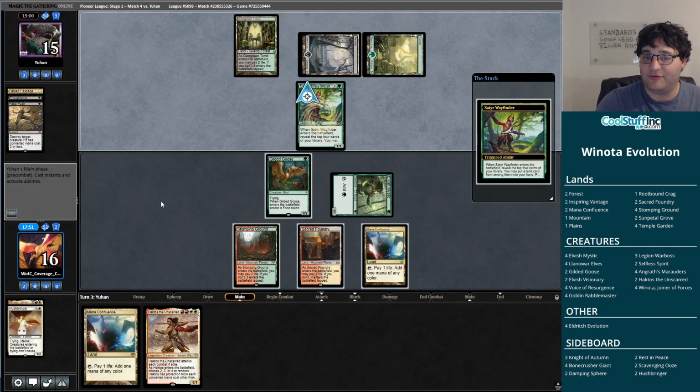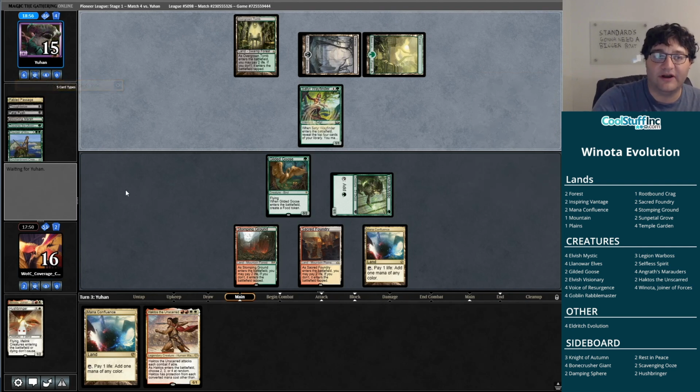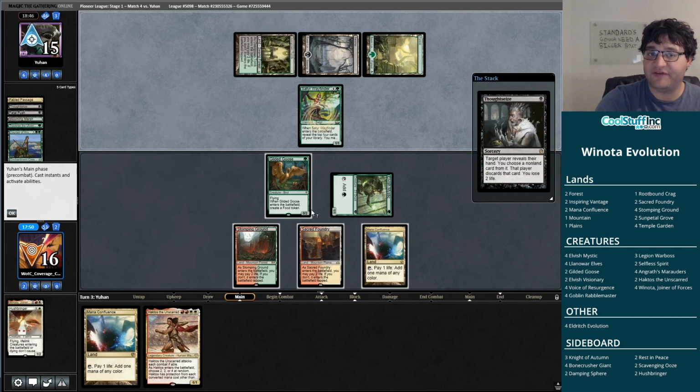As it stands now, we do still have somewhat of a backup plan. Haktos, if you roll the right number, basically 4, right? If it has protection from everything but 4, well, it's just going to kill him in 3 hits. So this card is really, really silly, and we can cast it. We can play it next turn. Even if I forget to make it...